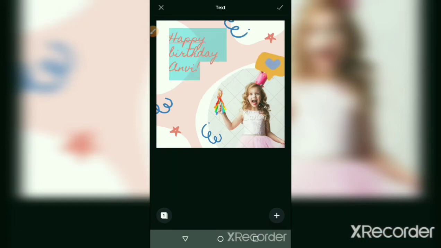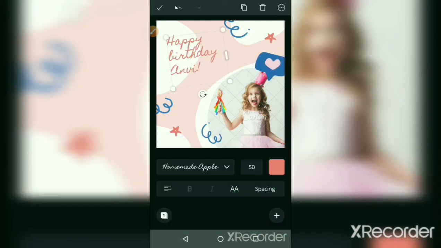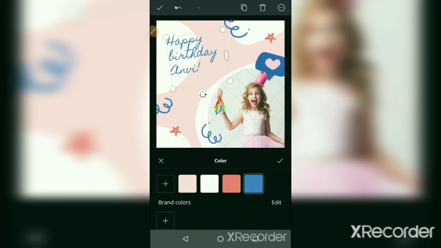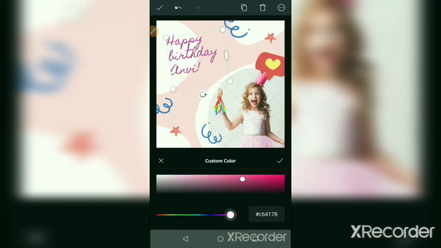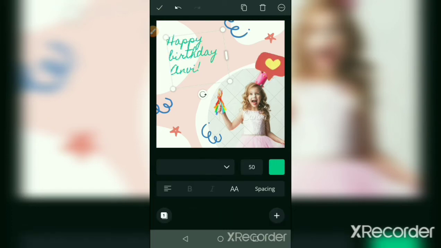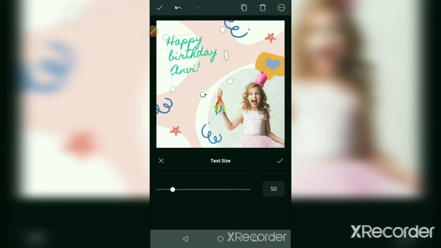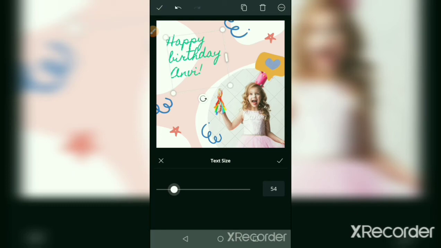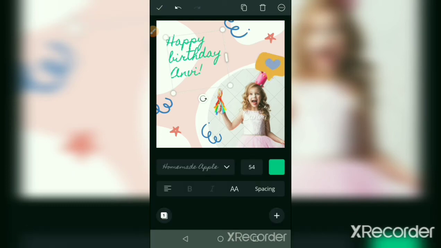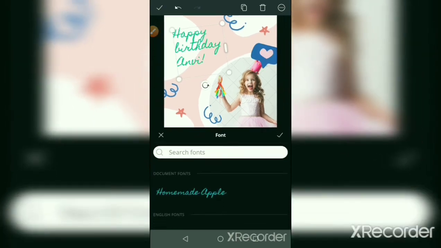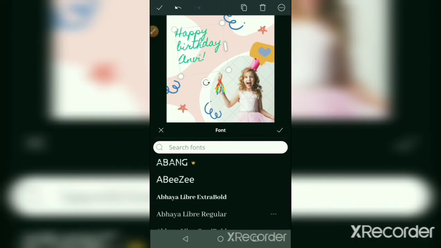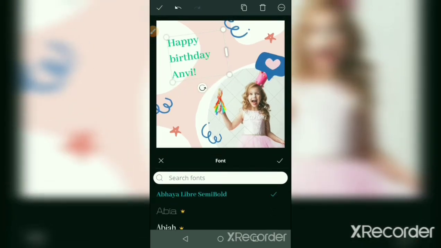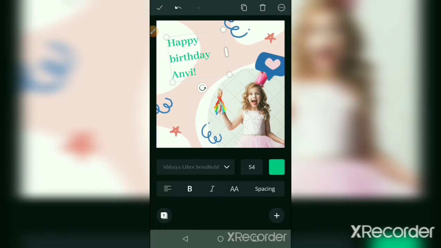If you want to change the color of the font, just select blue. Different colors you can select. I just select this. Click. You can change your font style also. Font size is 54. I just select this. Just click on this tick.